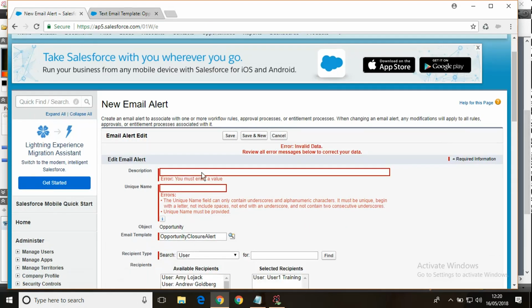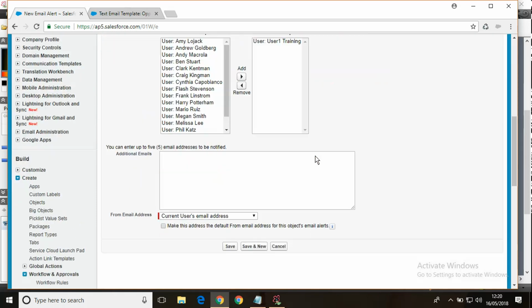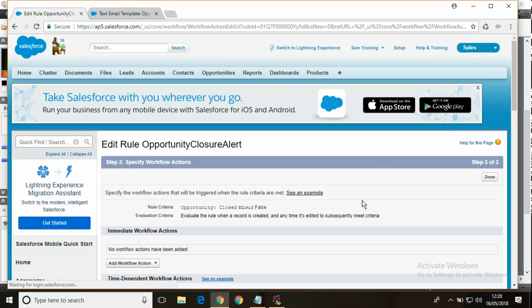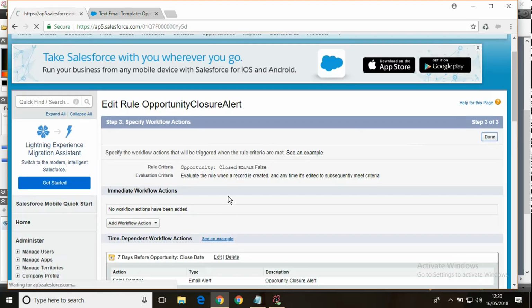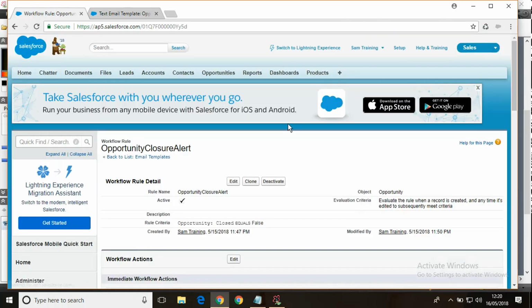Now here, description, unique name, opportunity closure alert. Okay, now save it. It got saved and perfect. So click on done and then activate this particular workflow. So workflow is activated now.